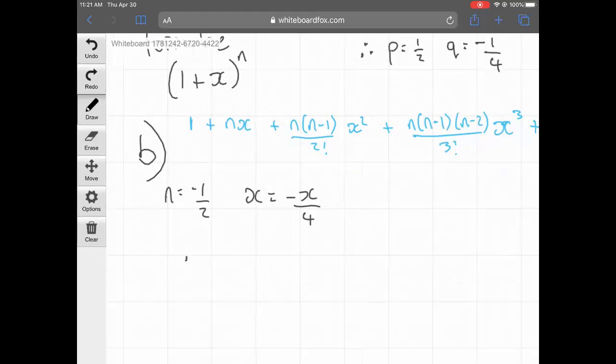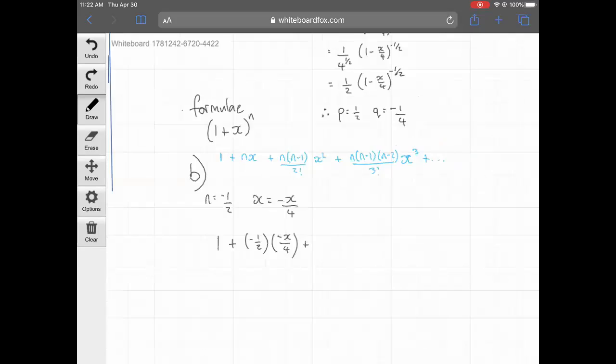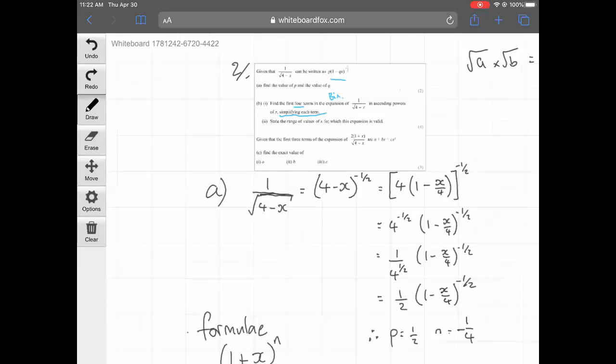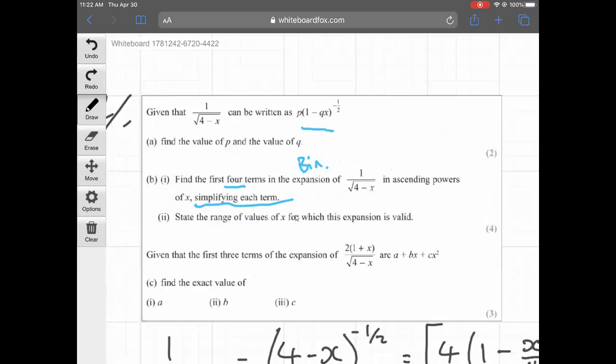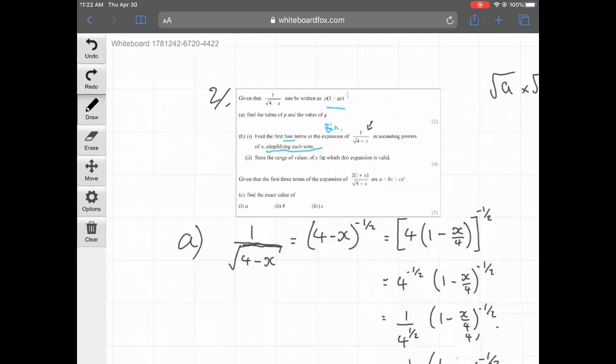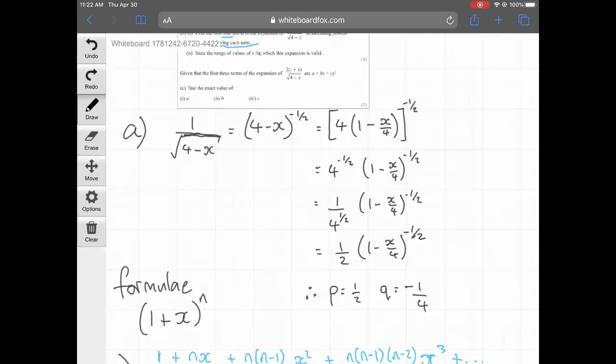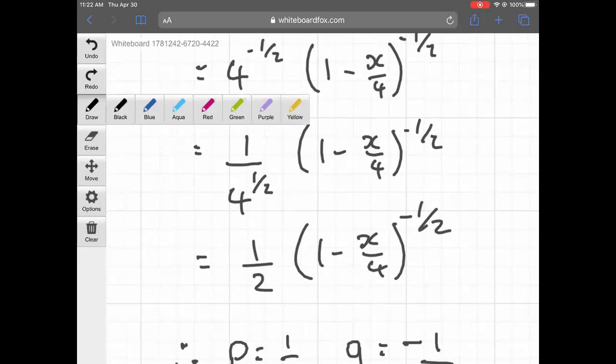All right, so now we just have to substitute in 1 plus n is minus a half. So don't do any simplifying at this point. Just literally plug things in, substitute them in. Sorry, why is n minus half again? Because it's asking us to find the first alternating expansion of this, which we just showed was equal to this. Right, so this is what we're